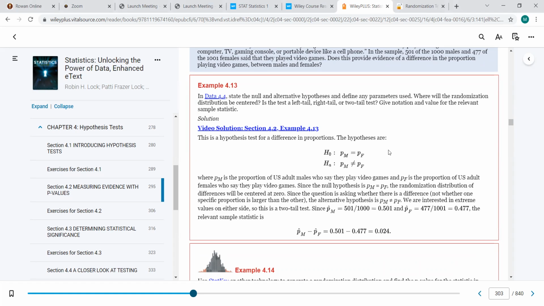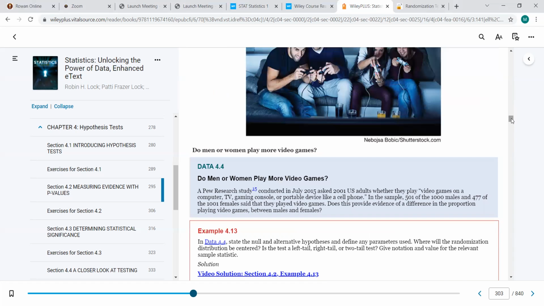And so the null hypothesis is always equal to, the male proportion is equal to the female proportion. And the alternative hypothesis says not equal to. Just interested to see if there's any difference. Right? And it says it right here in the question, the difference in between. And actually, if we scroll up, you'll see the actual